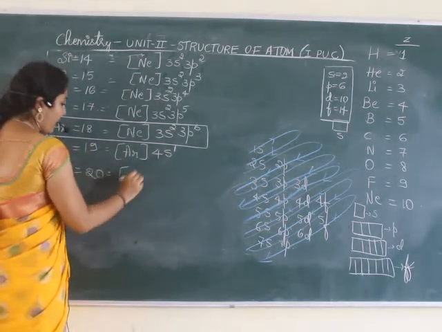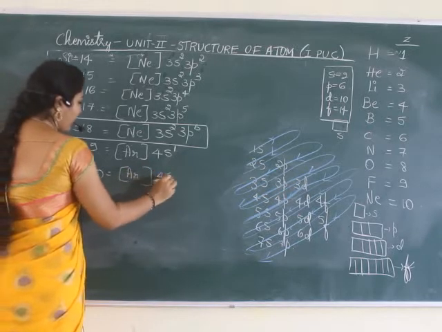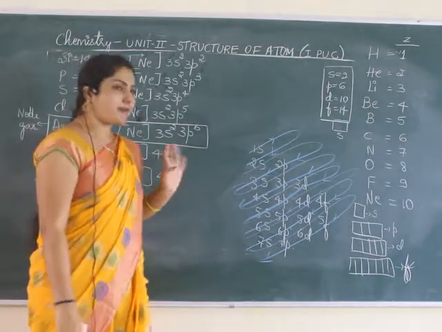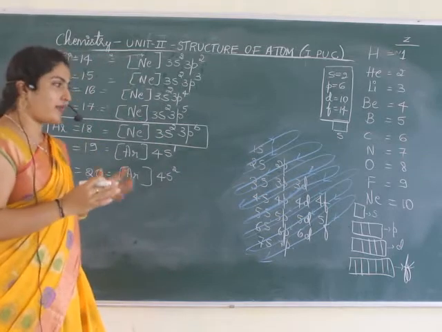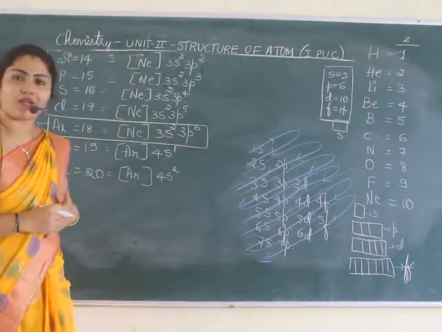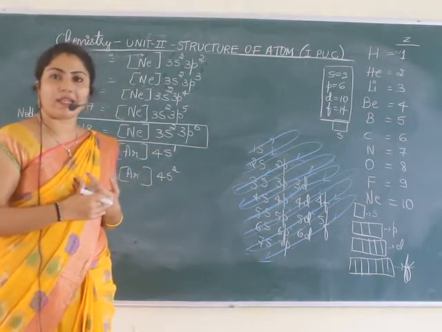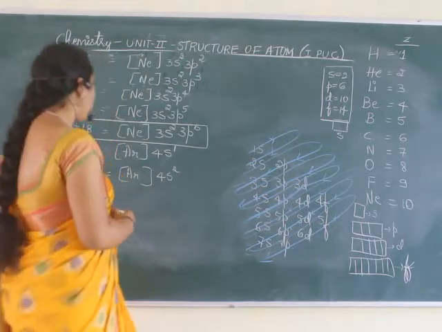Now how should I write calcium? Argon configuration into 4s2. Yes. So here ends the classification that we were considering up to 20. For that we have written the electronic configuration. There is slight variation in case of the upcoming electronic configurations that we are going to write. We will see what it is.